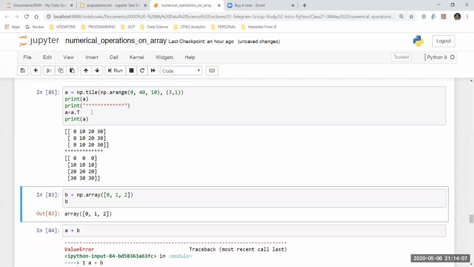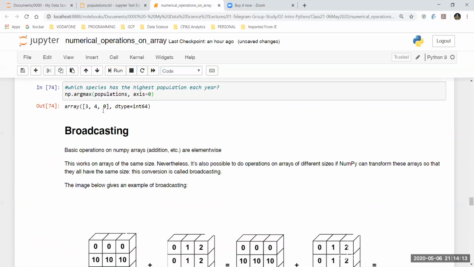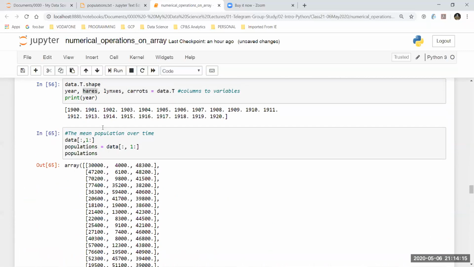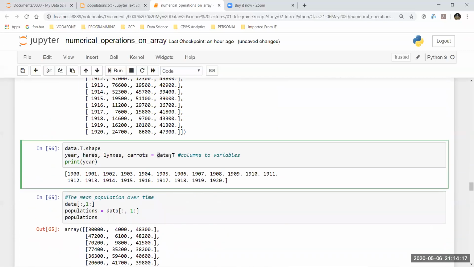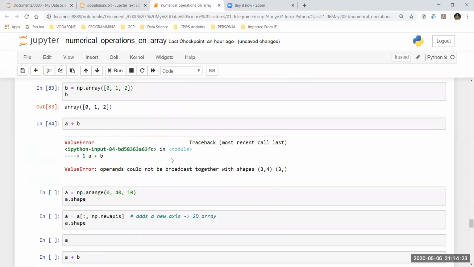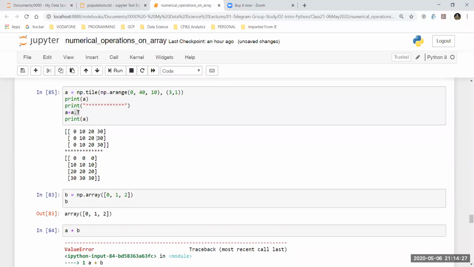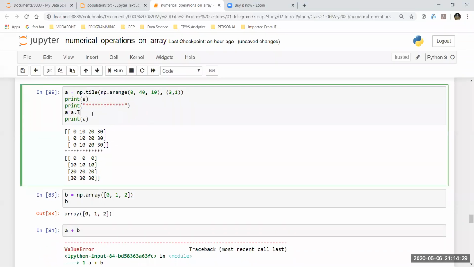So here what I am doing is I'm using a dot T. So what is a dot T? We have already used dot T over here. Dot T is something that we had already used when we were calculating the columns. When we were changing columns to variables, we have already used dot T. Now we can really understand the essence of dot T. Dot T essentially represents the transpose of a matrix. Now what is the transpose of a matrix? I'll quickly go through this because we anyways don't have enough time.